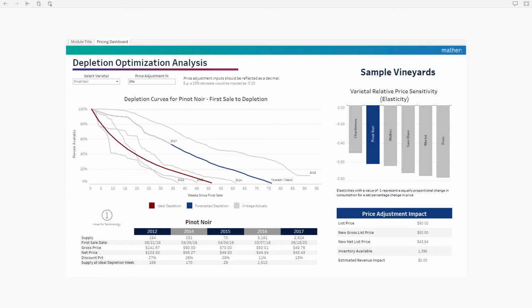The price adjustment box at the top of the dashboard allows the user to input price adjustment percentages to observe the expected shift in depletion and the corresponding impact on sales, which is shown in the table at the bottom right of the dashboard. For example, in the case of this Pinot Noir, the expected sellout of the current vintage